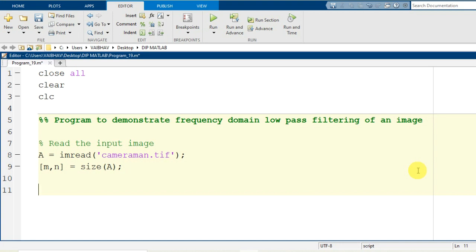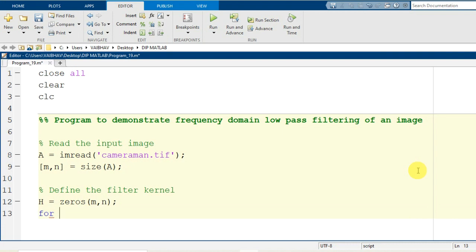Now for this programming we will have the second module to define the filter mask or the filter kernel. So I write a comment, define the filter kernel. Usually capital H is utilized to represent the filter mask. Initially I assign it a matrix of zeros with the same dimensions as that of the input image we have read.